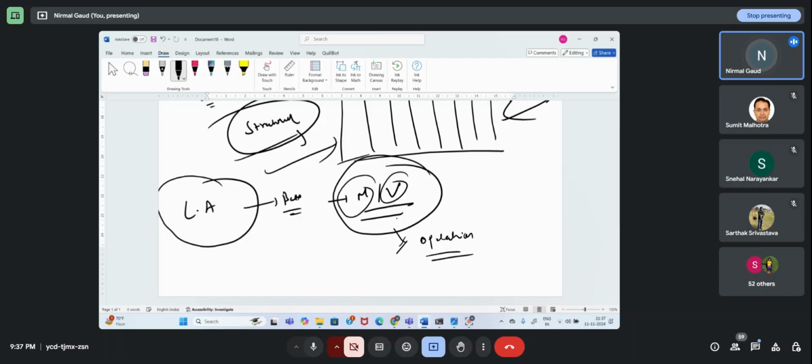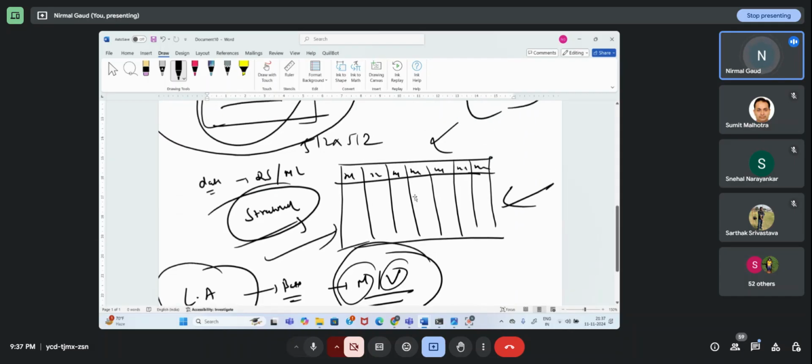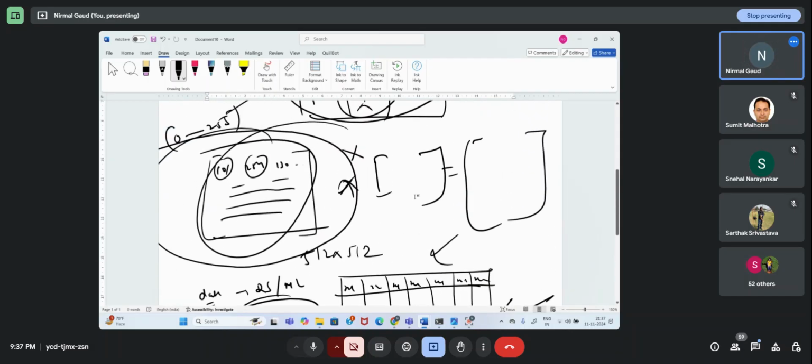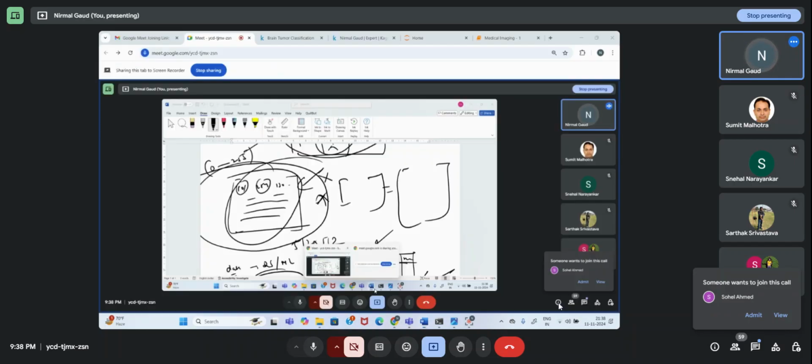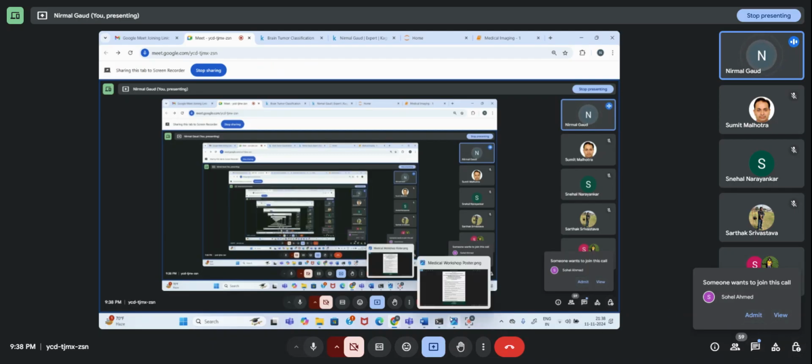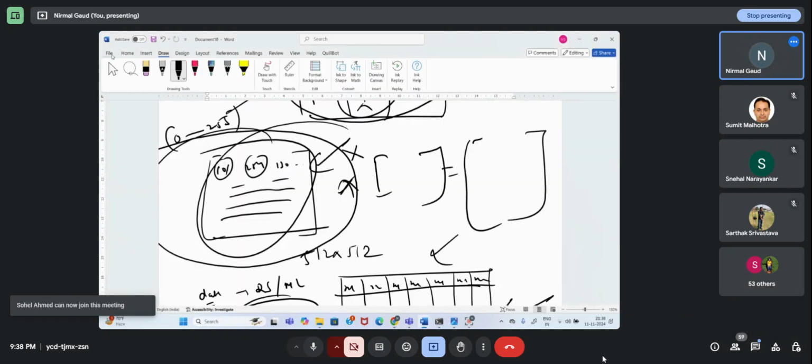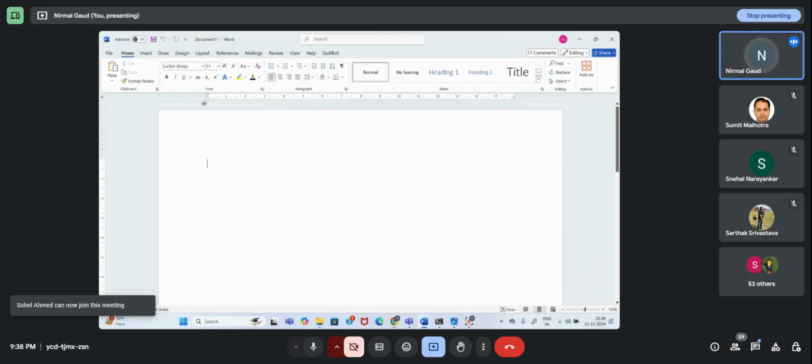If you have an ability to do that, that's what we did. We have represented data in the form of a matrix, that is, the image we are representing in the form of a matrix, and we want to extract the features from this matrix. That means relevant features, good features, that's what I want to extract so that I can get information. I want relevant information from the image.